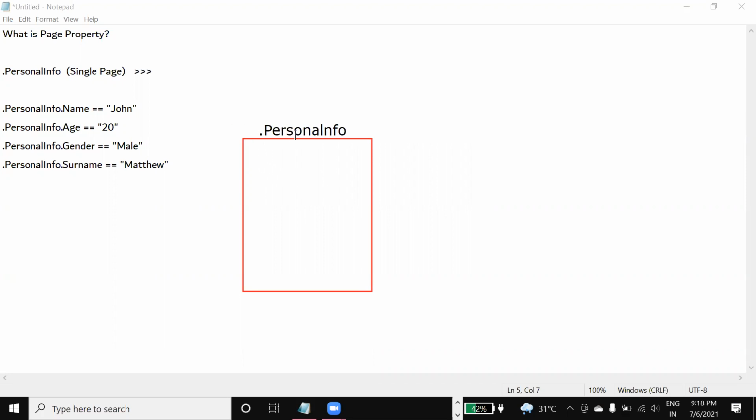Let's say this is a single page, .PersonalInfo. On top of this page we are going to have our properties, like name, which is John as we discussed, age, which is 20, and gender, which is male.